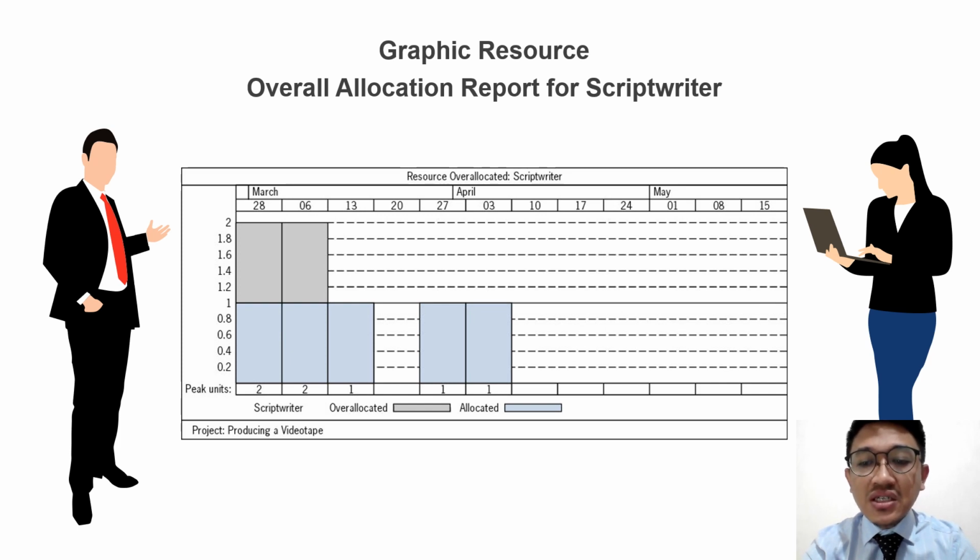This visualization highlights the periods where the scriptwriter's capacity exceeds their availability, signaling potential strain or inefficiency during those intervals. It's a crucial visual aid for managing their workload, indicating the need for adjustment to ensure a balanced and manageable schedule for the